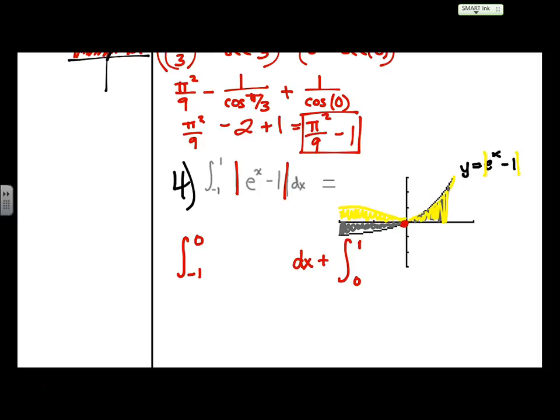Question. Okay, hold on. What if I give you another example? What if I was to give you the absolute value of